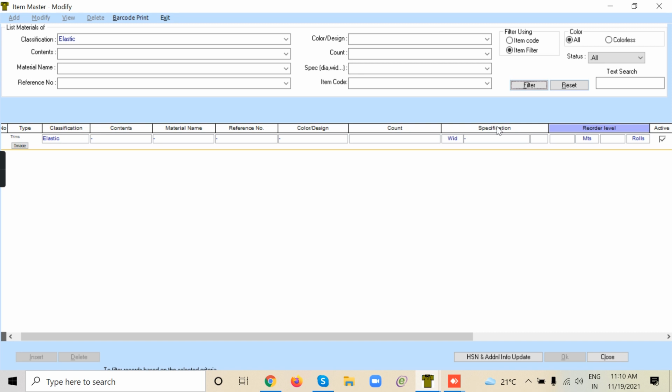We'll have to decide what will go into the material name and what will go into the reference number, and standardize that. Any new item that we create should follow that procedure and fall in this structure. So this is the item master.